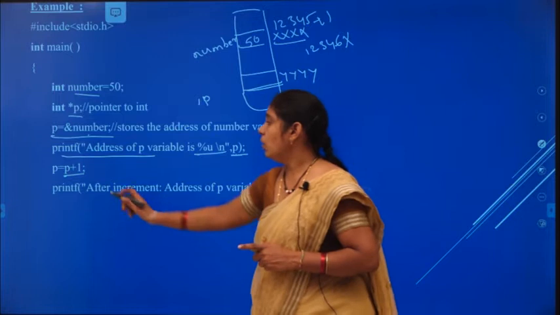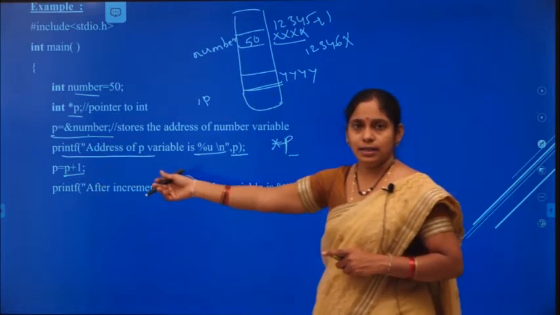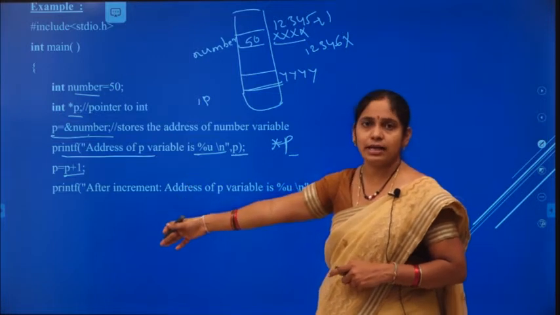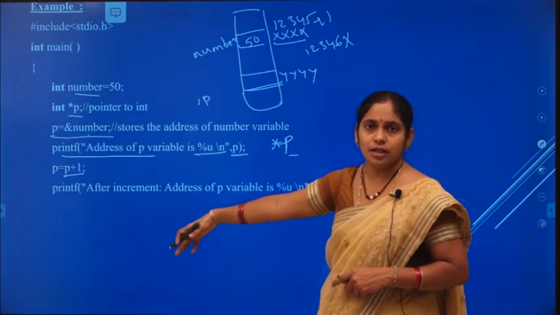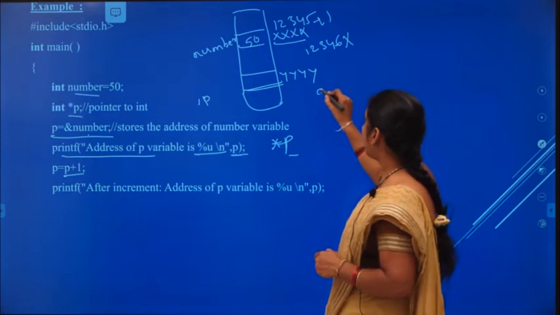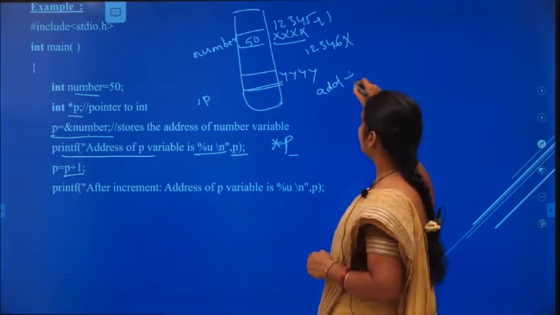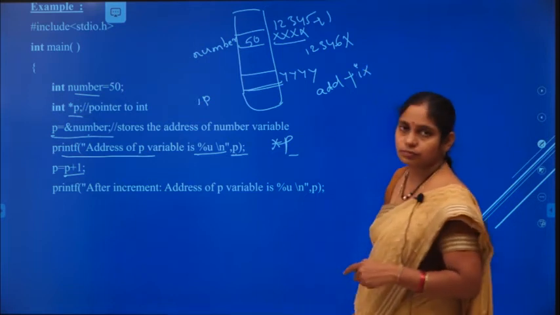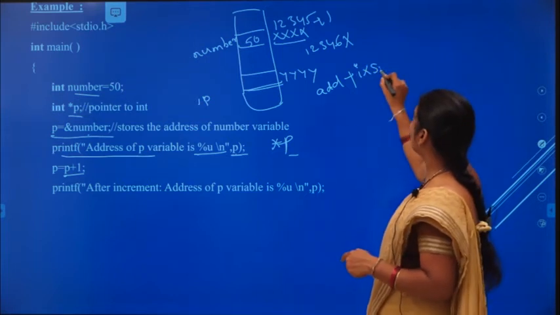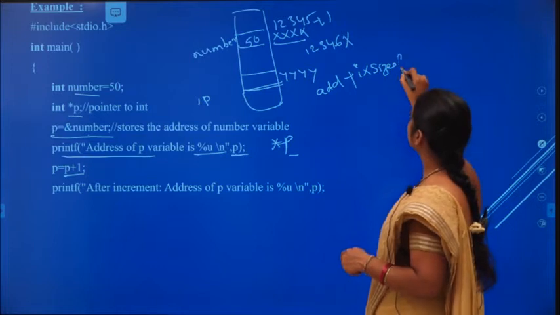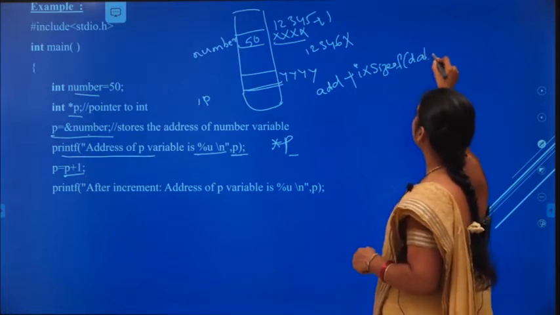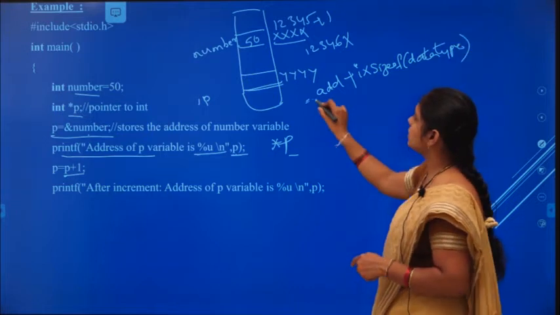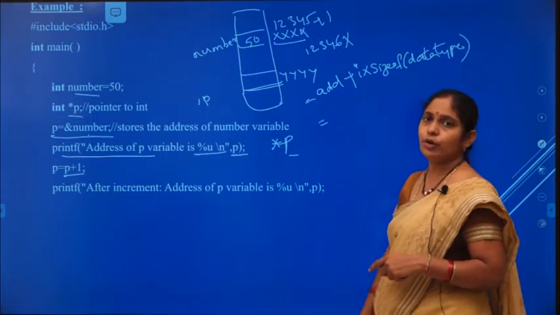Clear? So, it will be incremented by plus 1, which means, as we have seen in our previous slide, this syntax: present address plus i into size of data type. Just substitute the respective values in this. It gives the new address to us.